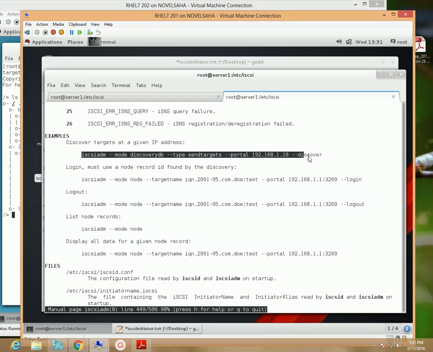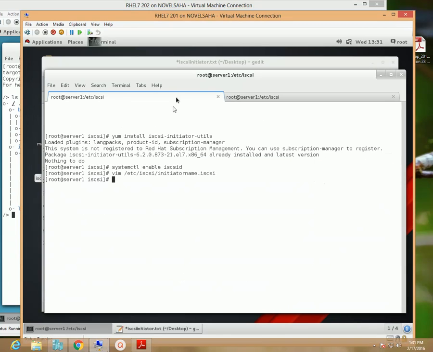Copy this command and paste it in this window and make some changes here, like remove the DB option from the discovery, and